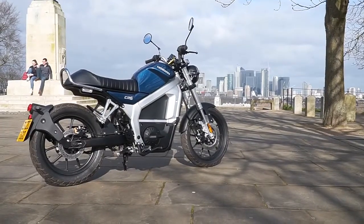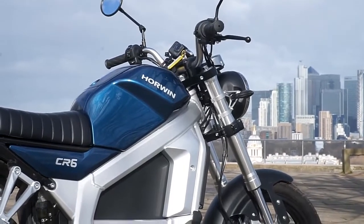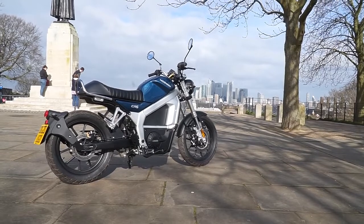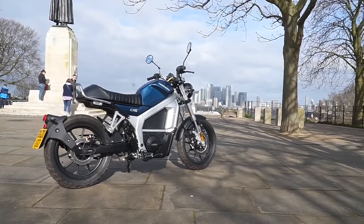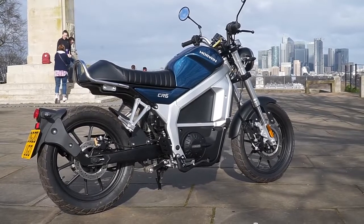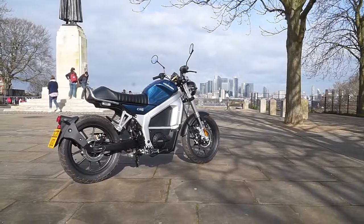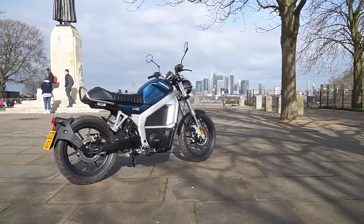The CR6 costs about $5,000, so it'd be relatively cheap to finance, and the other running costs on electrics are pretty low, so it'd make a decent budget get-about. There's also a $6,000 Pro model on the way, which I'm really keen to test. It has a bit more power at 15 horsepower, but also a manual 5-speed gearbox, which I think would really appeal to existing bikers who want a bit more character and engagement to their ride. So hopefully I'll get hold of one of those at some point, but for now, let's take the CR6 for